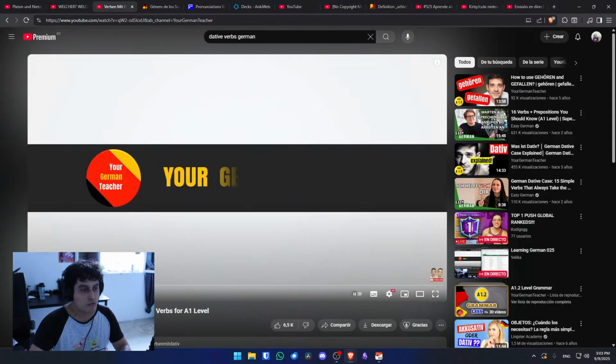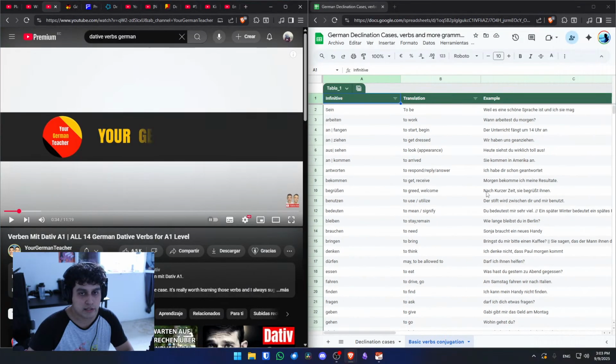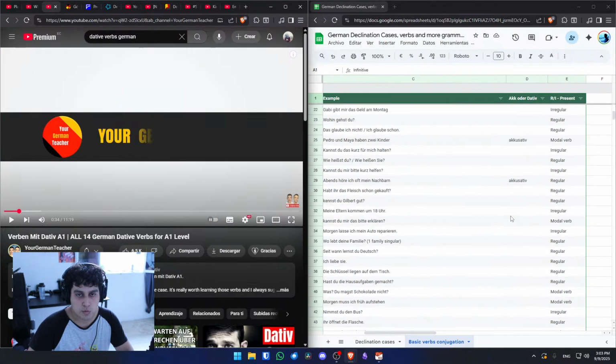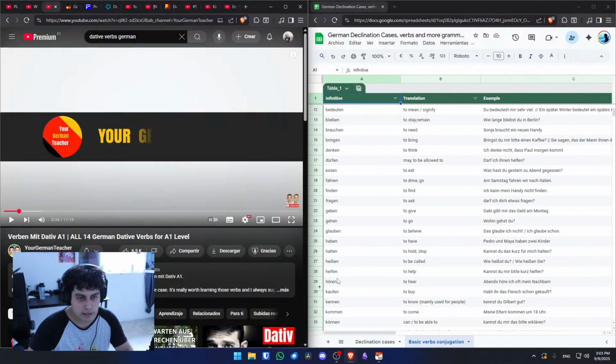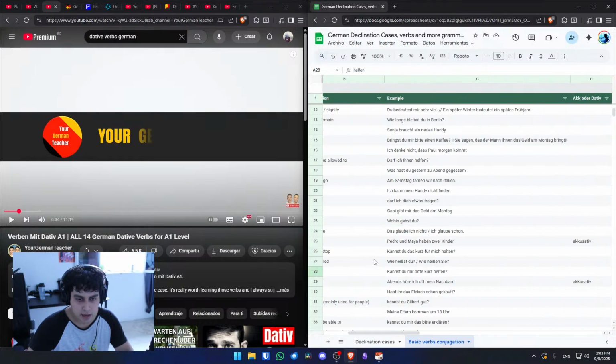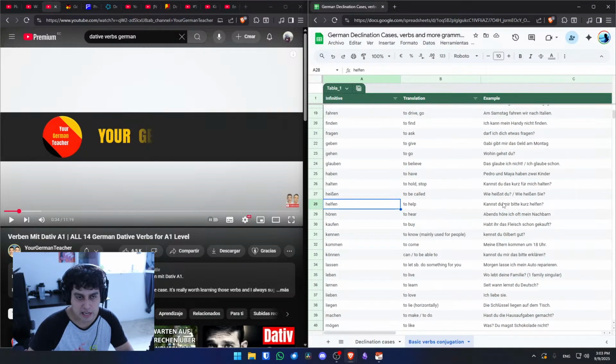So let's go for the problem mit dative. I think I have one back here with dative, which was helfen. Helfen is with dative. Like here you have: Kannst du mir bitte kurz helfen? Mir, you use the mir because you're using helfen, not because you're using kannst. Because you also have können, I think.